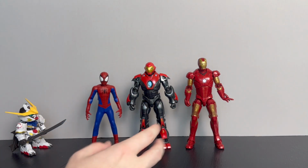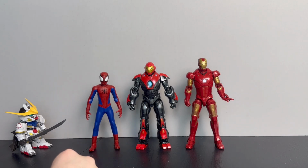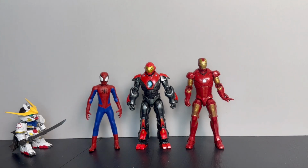This one just kind of shows maybe the Mark III is out of scale, or maybe this guy's super short. These two fit well enough. Obviously Peter should be shorter, and I think he's short enough. I think it works pretty well between the two, and I'm going to have them displayed together occasionally. I move my stuff around a lot, but I think they're in line enough that they work pretty well